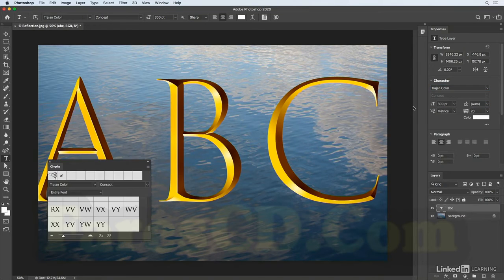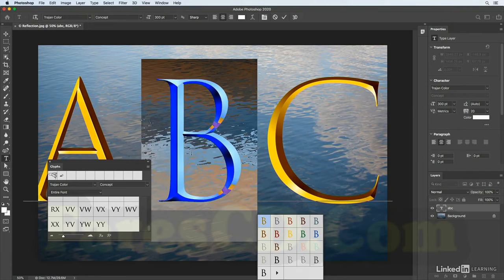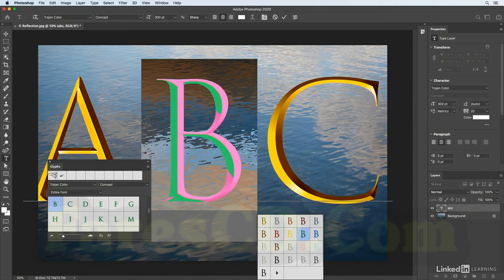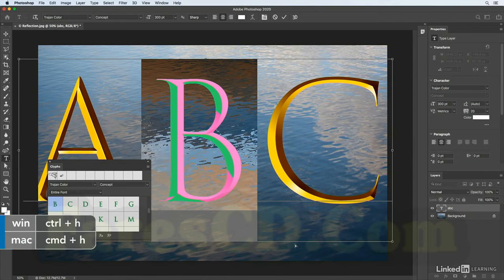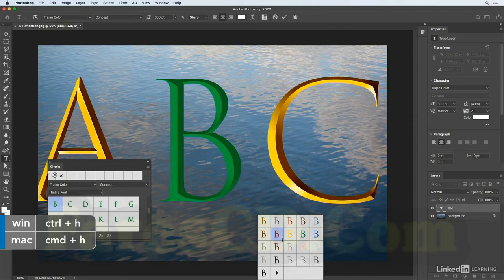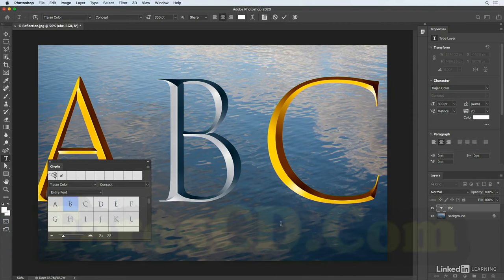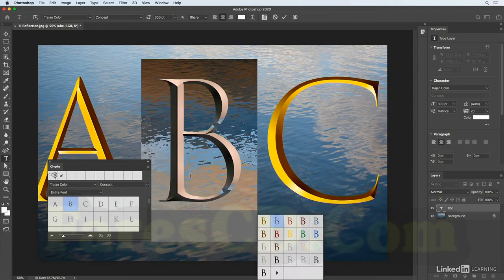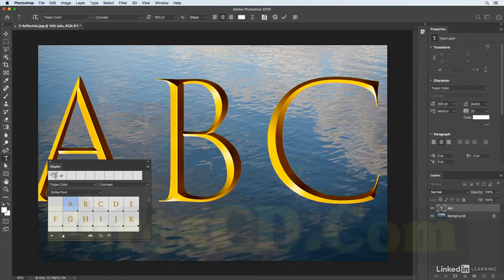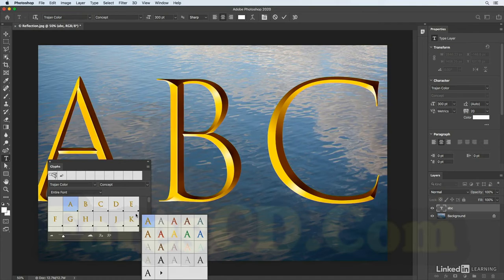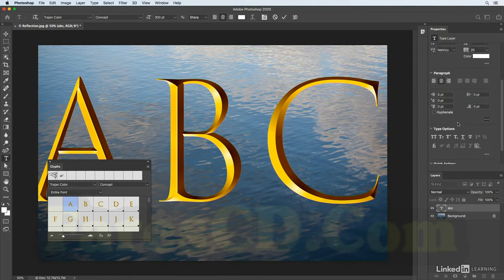We can see that there are multiple colors in here, and in the Glyphs panel, we can see that there are different glyphs. So when I select a character, I can either choose the Glyphs panel, or we can use the on-screen glyphs in order to change the color. I'll use Command H in order to hide that so we can see that it's actually been changed. Now I'm going to select that again, and let's just change that back. And then I will triple click in order to select all the text, again using Command H in order to hide that, because I do want to show you, if I scroll down on the Properties panel under the Type options,